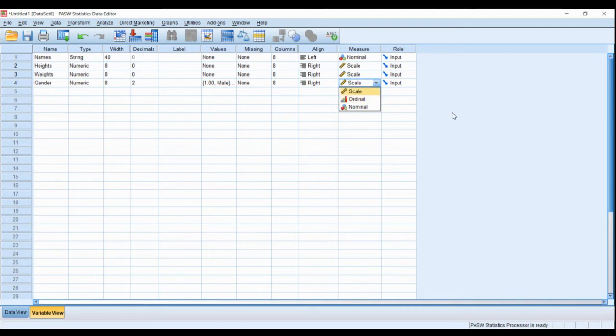Let's go through all the options that SPSS gives us here. Nominal. What does it mean? Nominal attributes are those that you cannot compare with each other. For example, male versus female. I cannot compare them. Otherwise, you will get in trouble, right? If you say, for example, male is better than female or female is better than male, you will get in